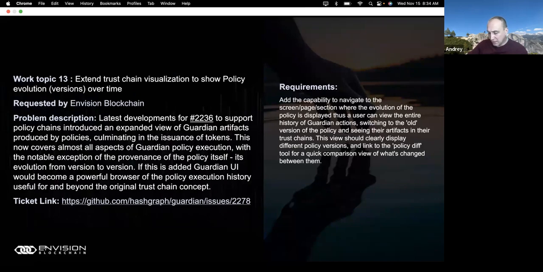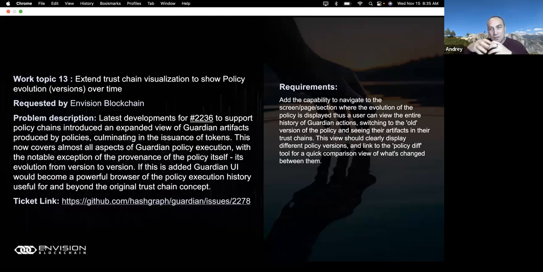Yes, there's another improvement which is related to trust chain, and it's now needed because Guardian is becoming a much more mature product, and we have instances where new versions of the policies are being developed and they supersede older versions of the policies. We need to make sure the trust chain concept in the Guardian is compatible with these evolving policies.